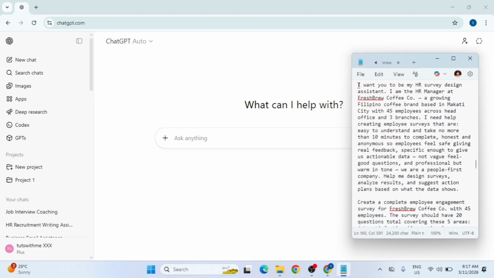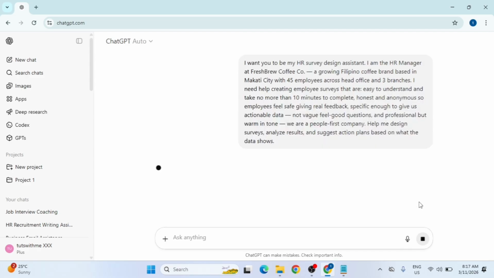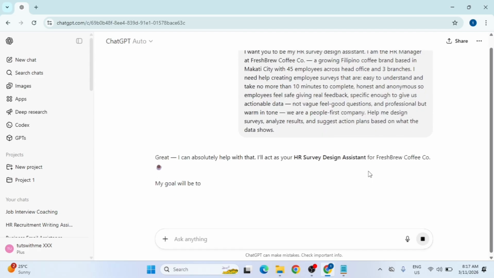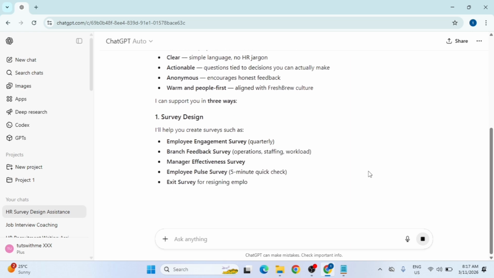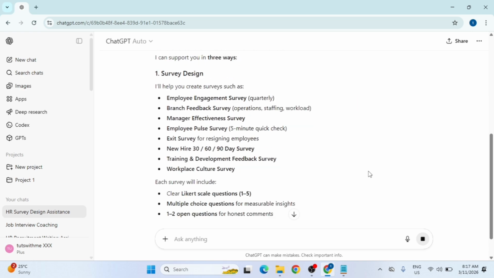I want to set the stage by asking ChatGPT to act as an HR survey design assistant for a growing coffee brand called Fresh Brew. I'll copy the text, paste it into the message bar, and hit enter. ChatGPT immediately understands the mission, providing a solid framework for a 10-minute survey and suggesting key categories like work environment,